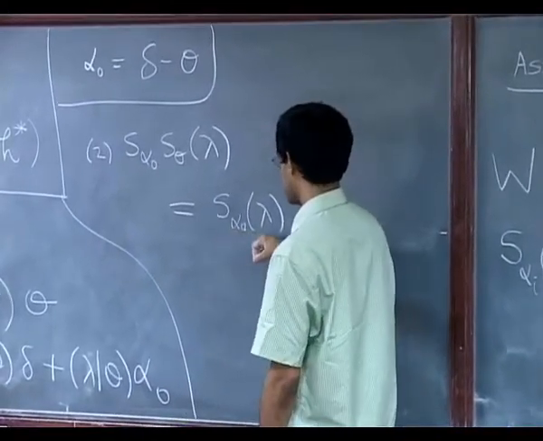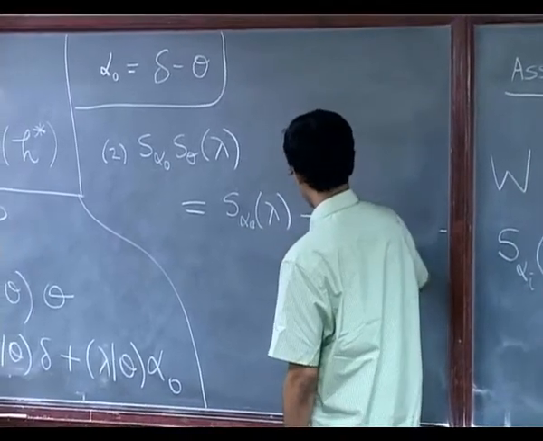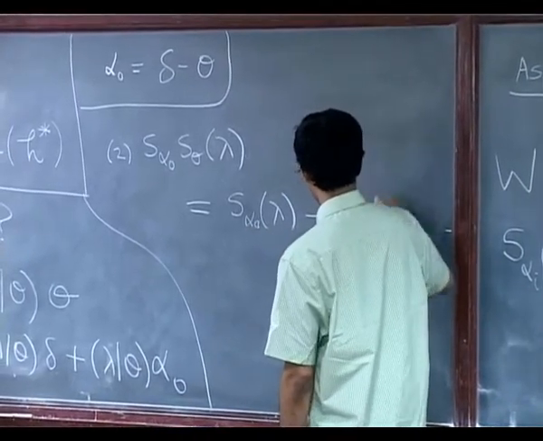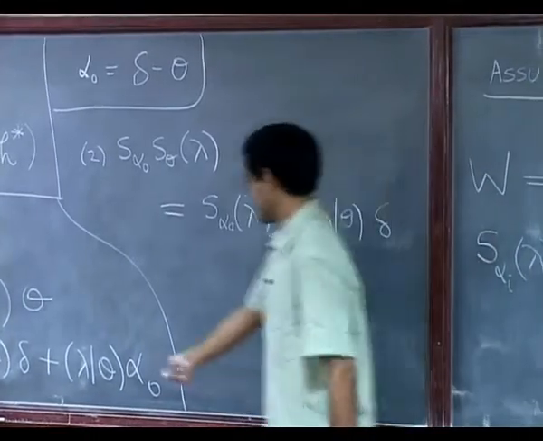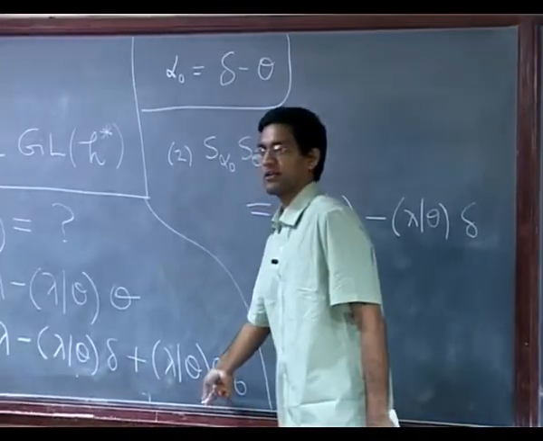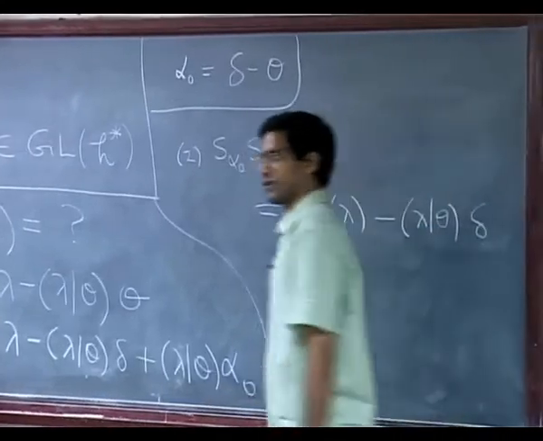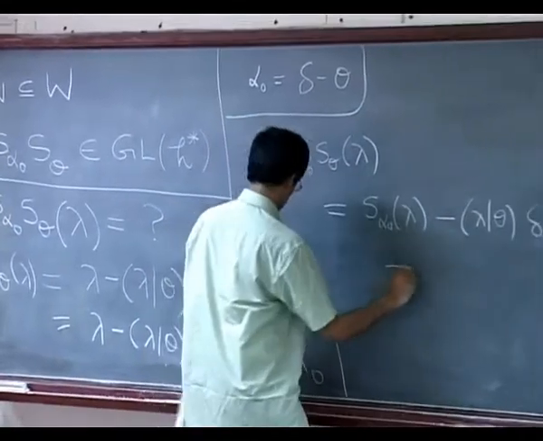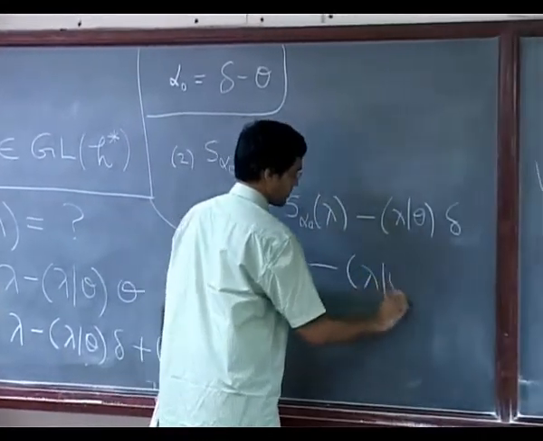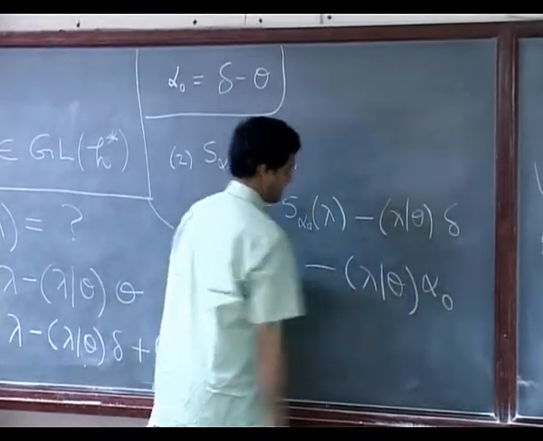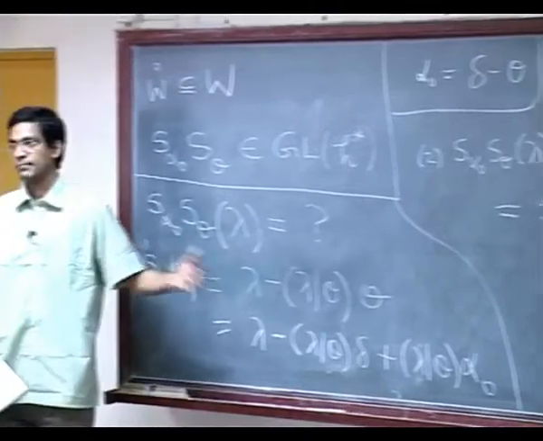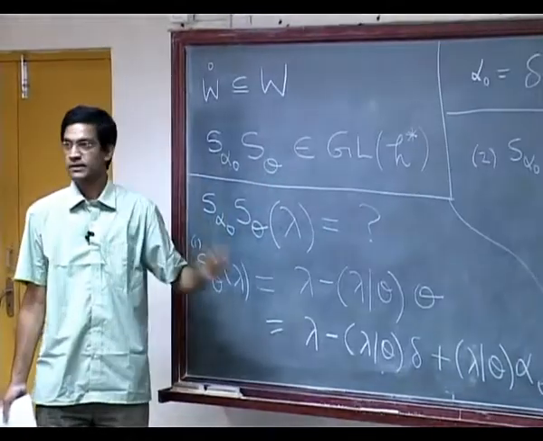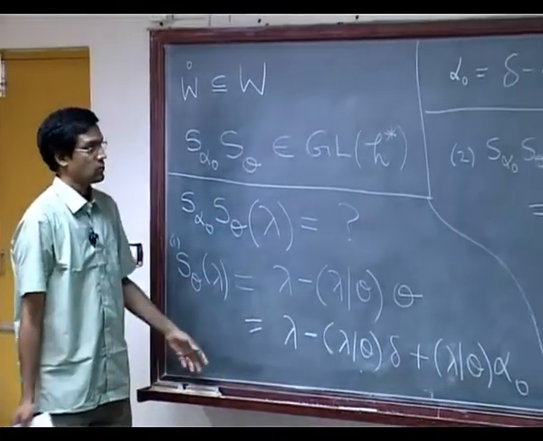Okay, so, S alpha naught of lambda minus, so delta is fixed, so I do not need to worry about that term, I will just get back the same term. And then when S alpha naught acts on alpha naught, it gives me minus alpha naught. So, it gives me minus lambda theta alpha naught. Okay. So, I am done, that is pretty much the end of the calculation, except we want to now recast